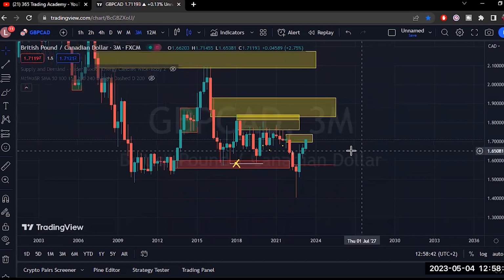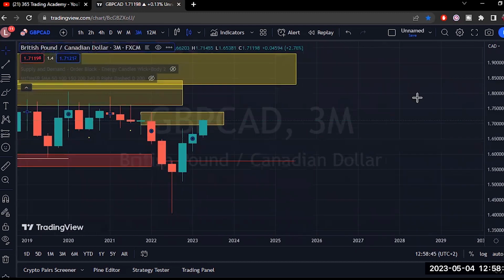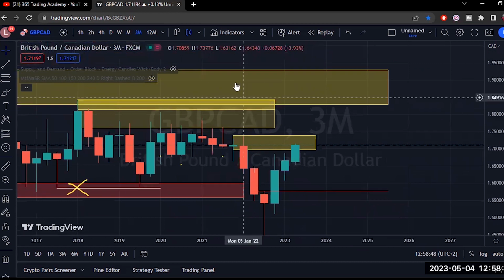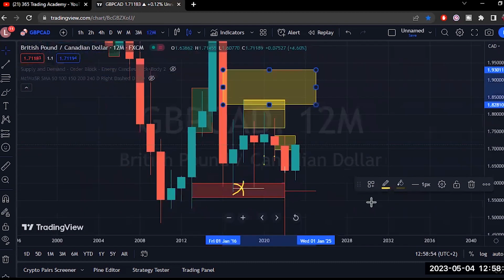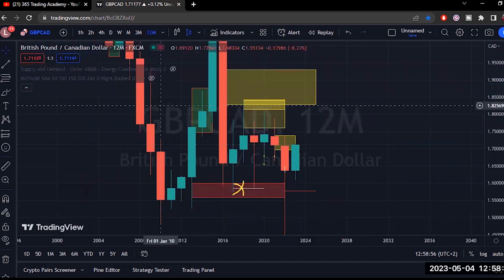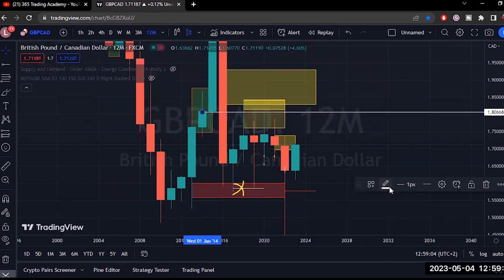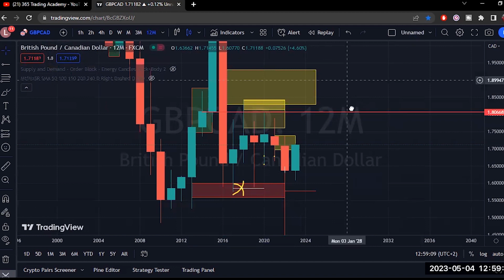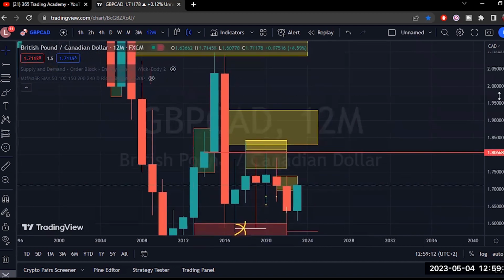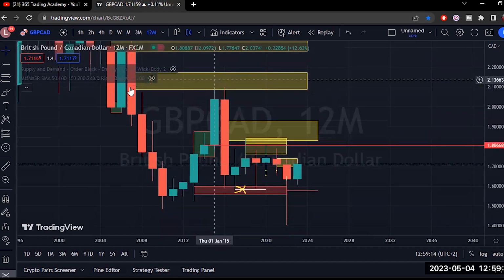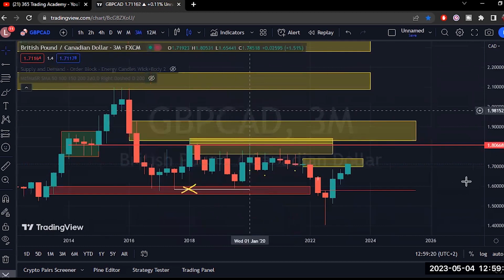On the 3 month chart, we have something interesting, right? So where price is right now, remember on the 12-month time frame, it hasn't really arrived at a bigger supply, which is probably this block. So let's mark the 12-month supply with a red boundary, and you can see, I guess the proximal line would be here, right? So I'm going to make that red for later on, so that we are in the know, right? So anything above this red line is part of the 12-month supply, which is obviously making contact with another 12-month supply. Okay, fantastic. So we go to the 3 month time frame. Now look at where price is relative to that red boundary, right?